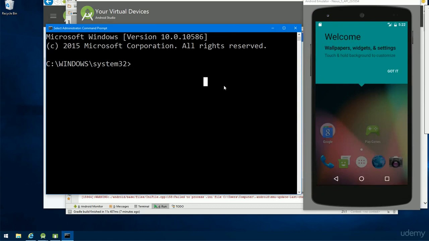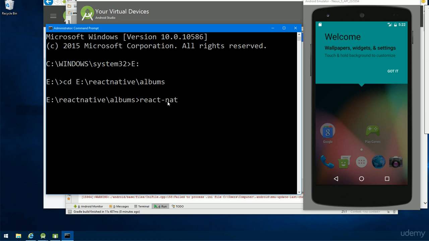So I'm going to change back to my project directory, which for me is on my E drive. So I'm now inside of my project directory. It'll be whatever your working directory is, wherever you put your projects. For me, I'm calling it React Native. And then the name of the project that we just generated, which is albums. So the very last step inside of here, I will write out React-Native